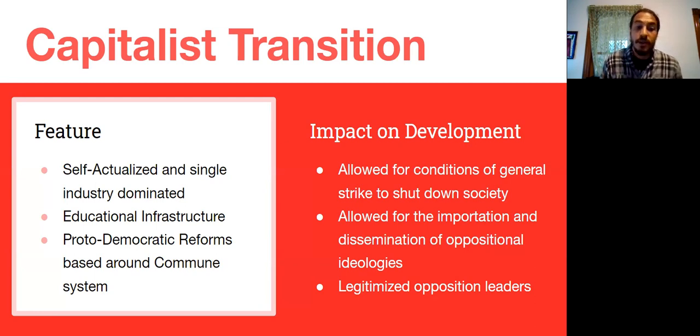And then the last part is that the democratic reforms that they did around the commune system actually wound up legitimizing all of their opposition. Once they gave them this power to have this political forum, they ran with it. And because they were based on this commune system, it was all hyper local. And really all socialists needed to do in the end was coordinate all of these things toward a common goal, which was the socialist revolution.